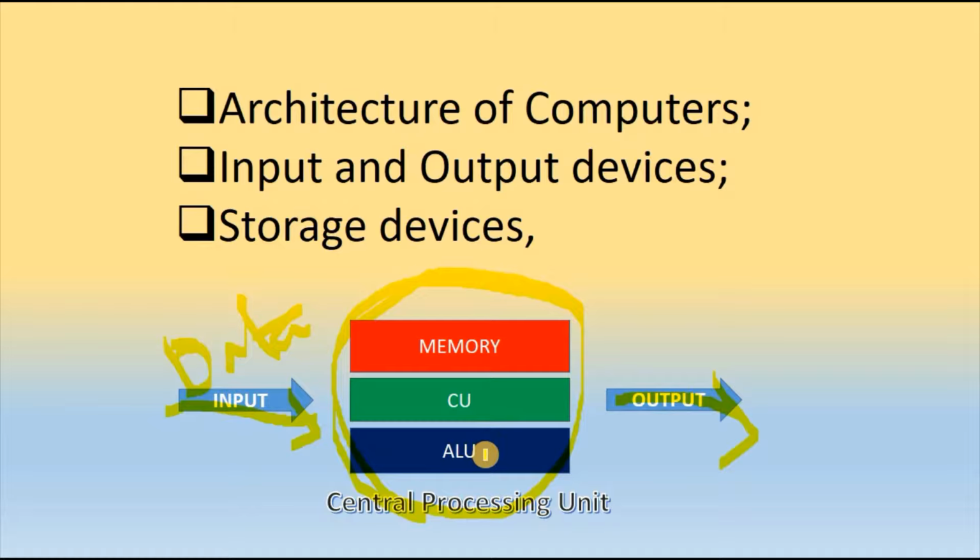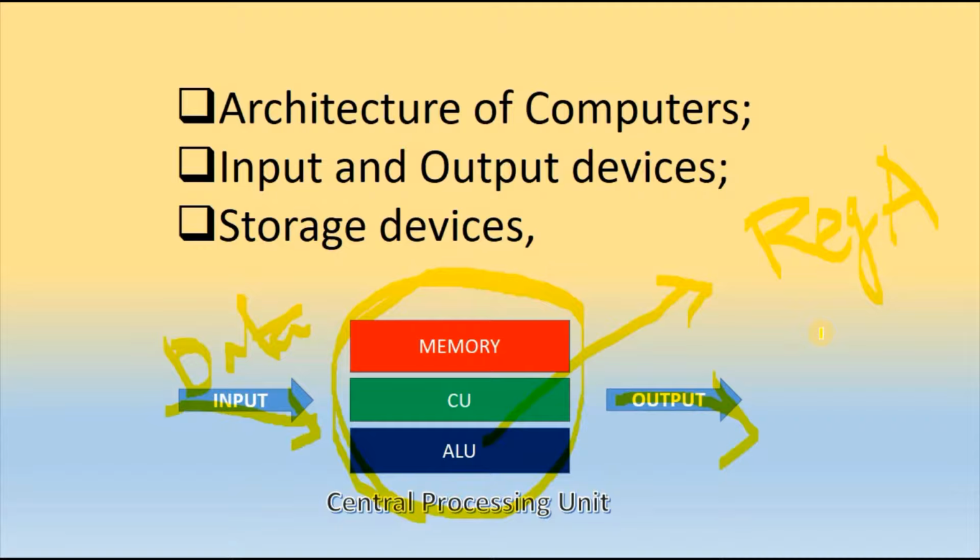And this is the ALU, arithmetic logic unit, that means the mathematical and logical operations we control by the ALU. And in the ALU, you must remember, the main part is register A, and it is called the accumulator. Different types of registers are also present in the ALU like A, B, C, D, but the main register is register A, and it is the accumulator. Okay, you must remember it because it is important for the exam basically.